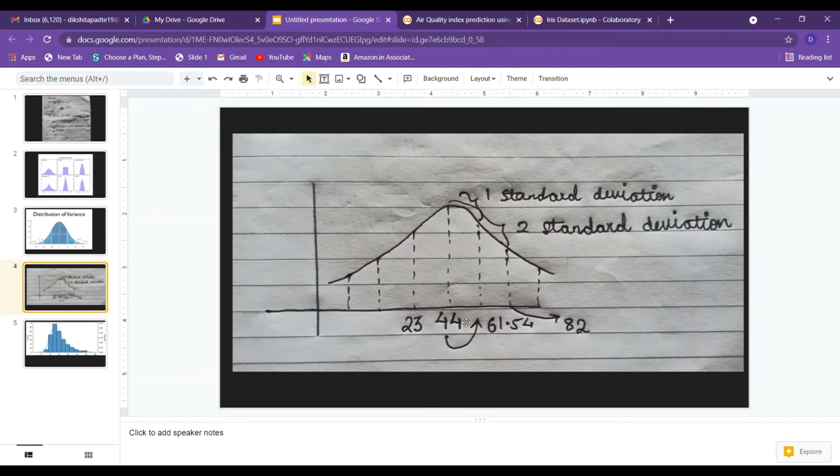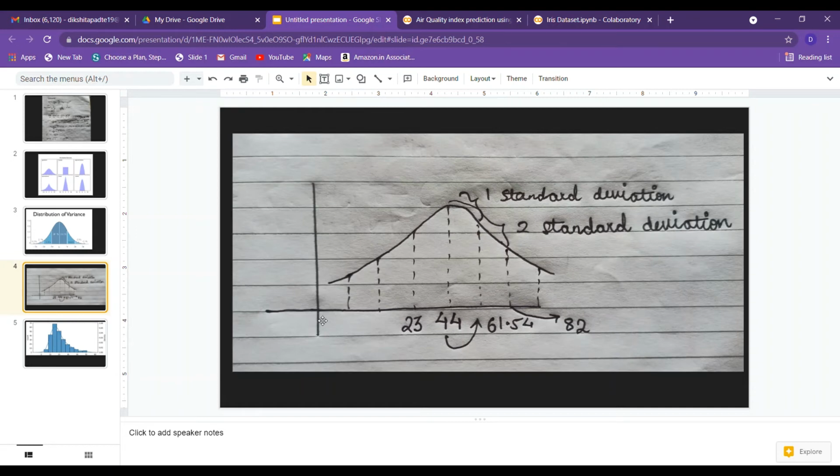This was our first standard deviation, this one strip. Then this was our second; the second strip is the second standard deviation. Similarly, the third strip is the third standard deviation, according to the standard deviation we calculated. So standard deviation is basically the deviation from your average value.